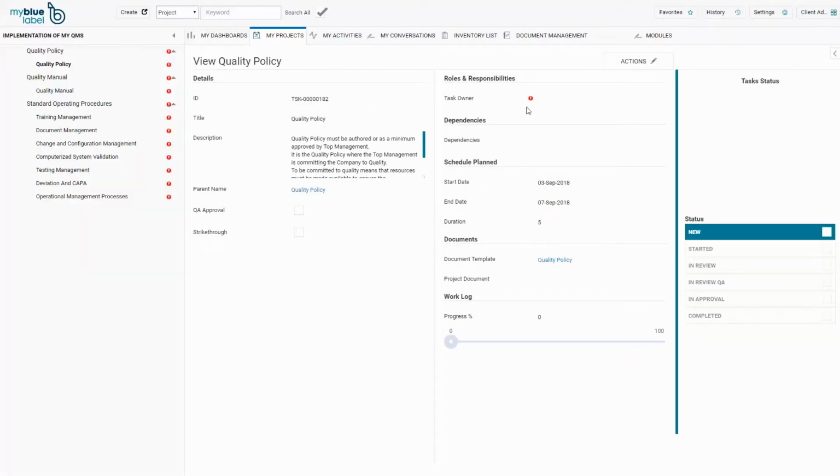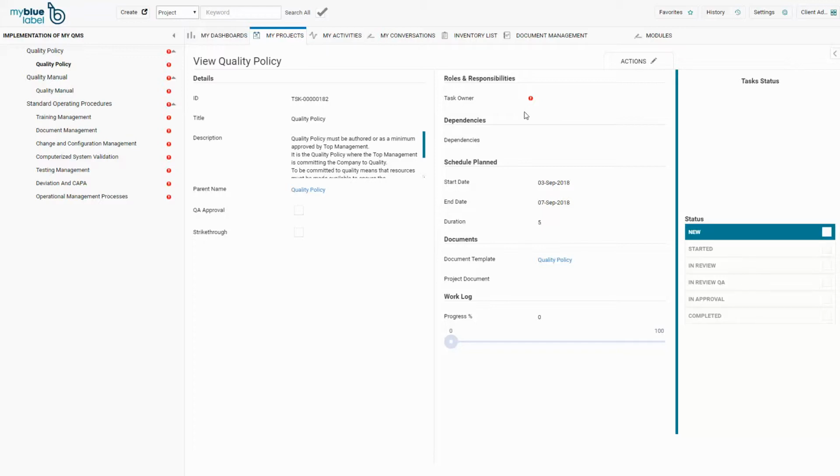This is because we did not fill in the roles and responsibilities yet. During the creation of a project plan template, it is not possible to guess which users will be actually assigned to any given project in any given organization, and each task is instead assigned to a system role. By assigning users to the roles and responsibilities in the project, the task owner will then automatically be assigned to each individual task at project level. Therefore, the last task we have to complete is to assign users to the roles and responsibilities.